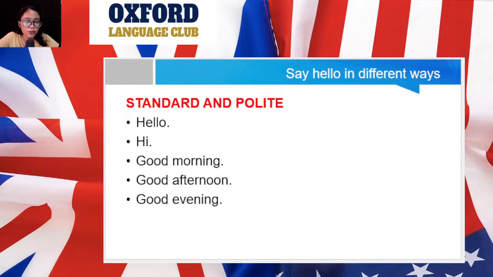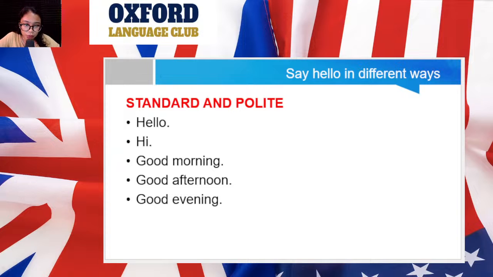For example, if you are leaving your home to go to work or school and you meet your neighbor outside, you would say good morning. If you enter your office and see your co-workers, you would say good morning, everyone. And it's a really nice way to acknowledge the start of the day and wish someone well for the morning. It sets a positive tone for the beginning of your interactions.